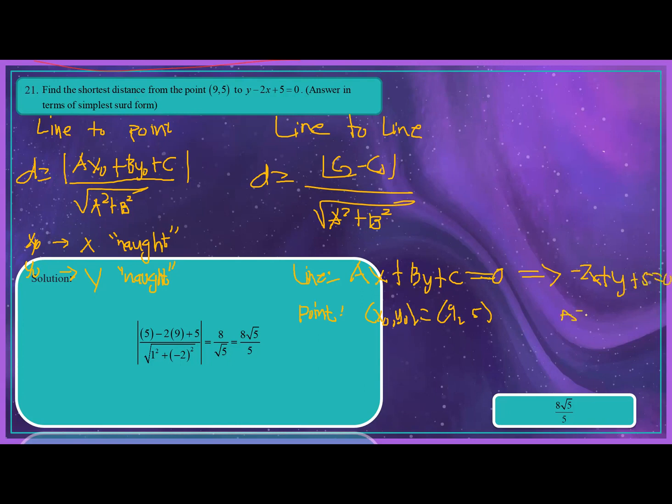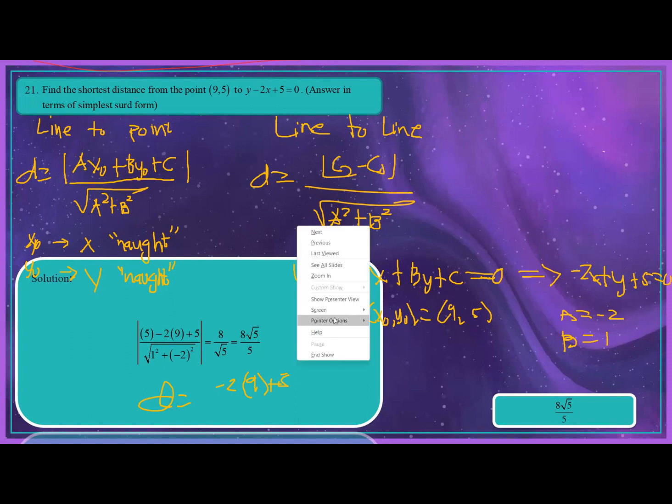Basically, our a is negative 2 and our b is 1. So substitute everything: negative 2, our a, times x naught, which is 9,